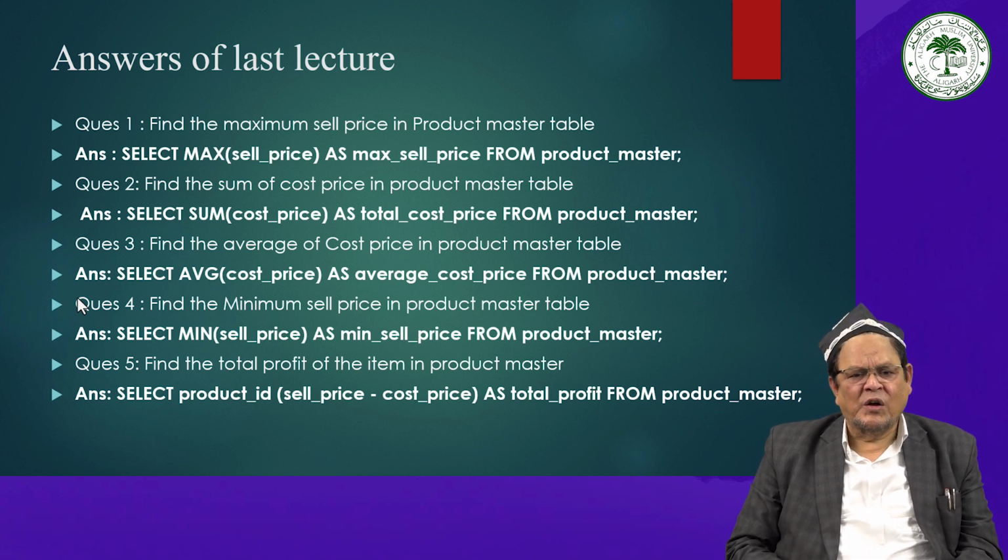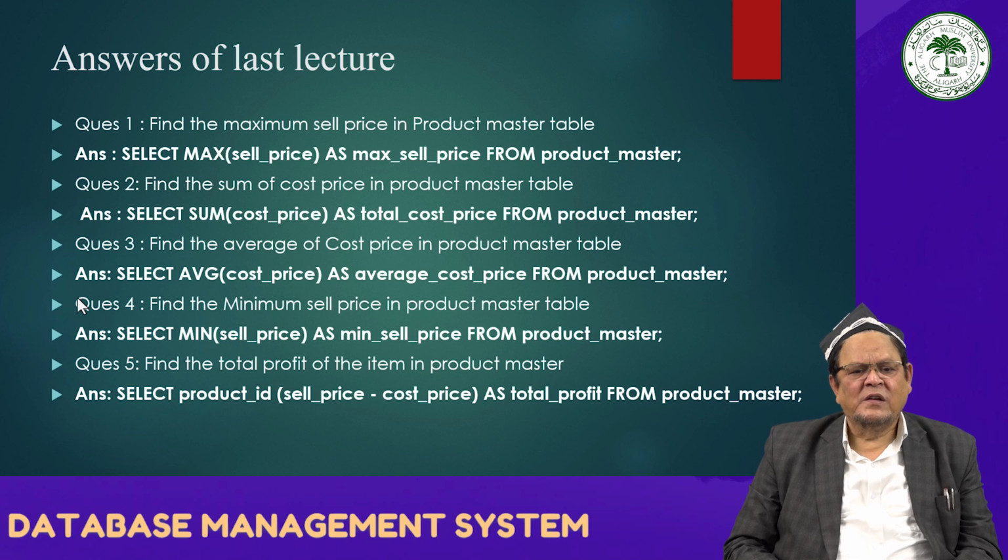Select sum, within parentheses you have to write cost price as total cost price from product master. The third question was, find the average of cost price in product master table. Average, I have already explained that. Select average cost price as cost price